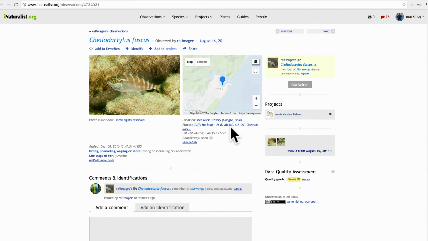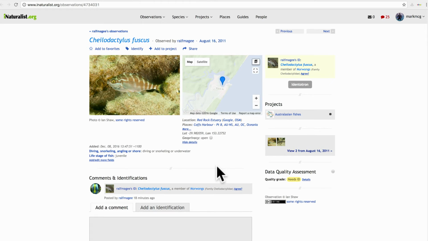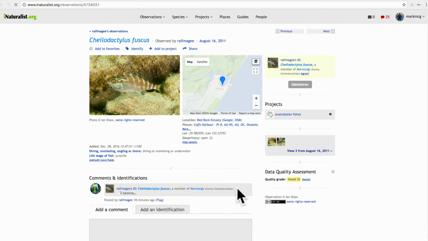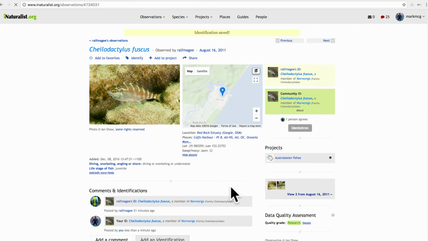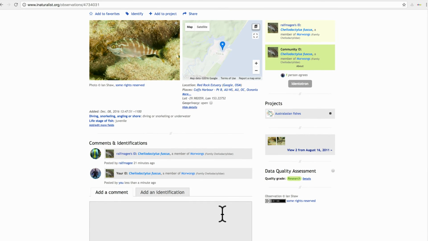One of the really nice things about iNaturalist that works very well in Australasian Fishes is you can also identify, agree and comment on other people's photographs. So this photograph here of a Chilodactylus fuscus, which is a red mowong, looks like a young one. I can say, all right, I agree with that. Here's Ralph McGee's identification, Chilodactylus fuscus. I'll just click on there. Now you have to be logged on to do this. If you're not logged on, you won't see this agree button. Here we go, I'll click on that. Now I'm agreeing with that observation, and I can also, if I wish, comment. So I'll just drag down a little bit and comment on that observation and say,